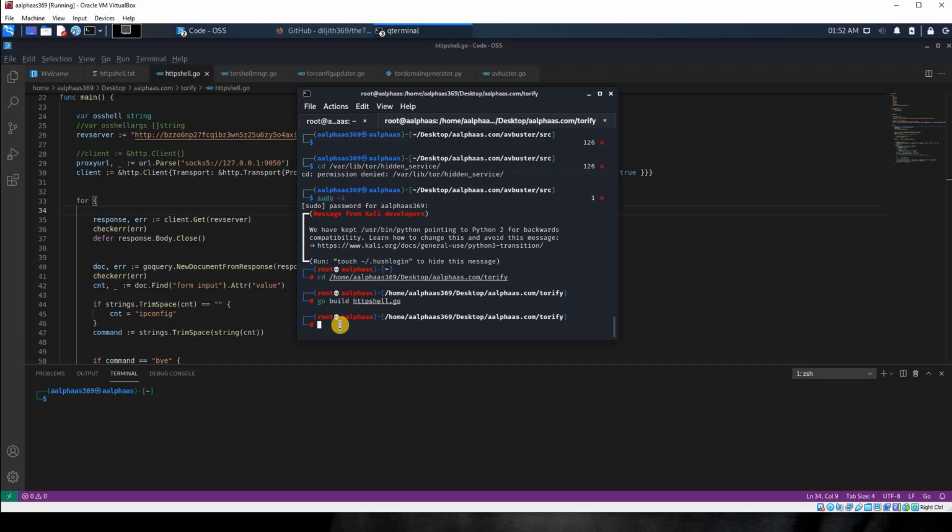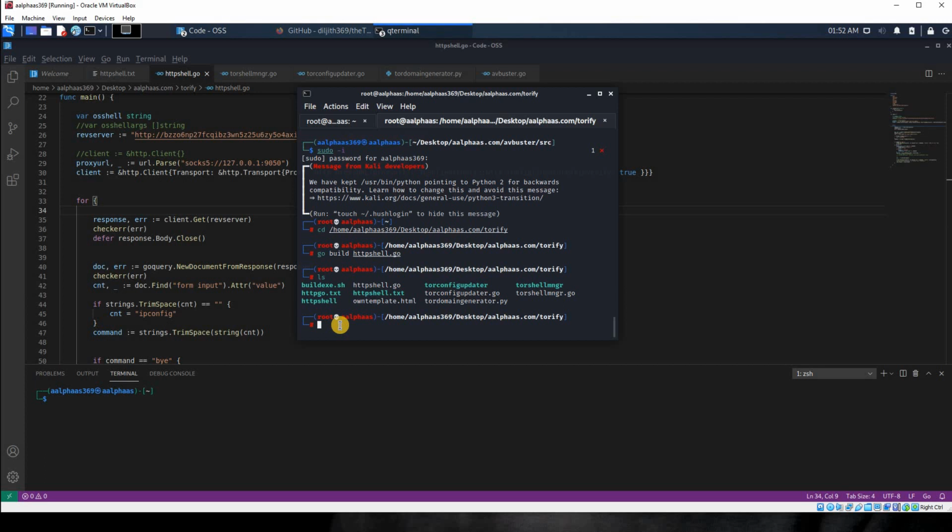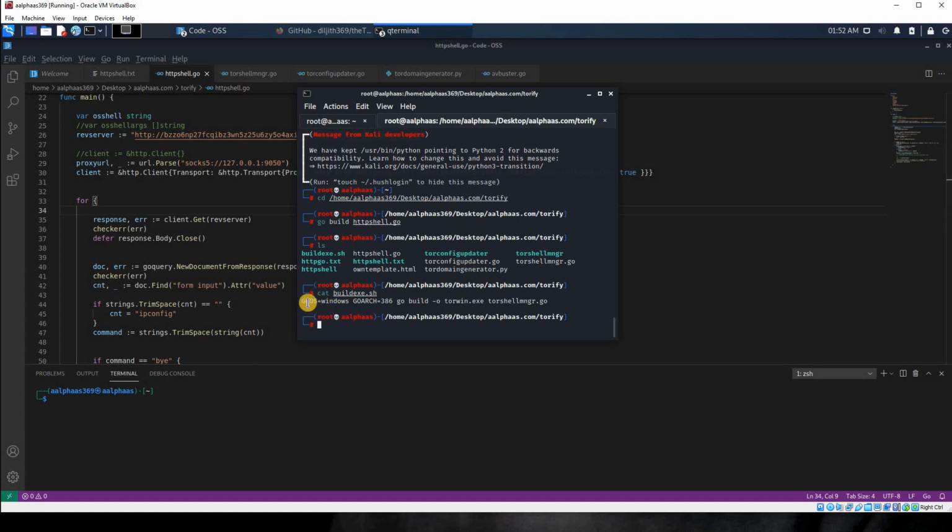If you are planning your target is Linux, you can build the file using this one. And if your target is Windows, there is another command you have to use, that is this command. You have to set up your target OS and architecture that you are planning, and then build it. Here I'm targeting Windows, so my target architecture is 32-bit, just to ensure that it runs on every architecture. So I'm making it an exe file because I'm targeting Windows. Yeah, then your... oh sorry, this command